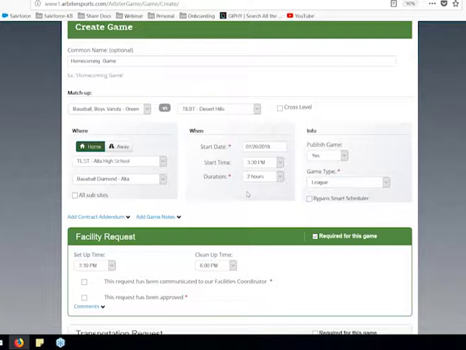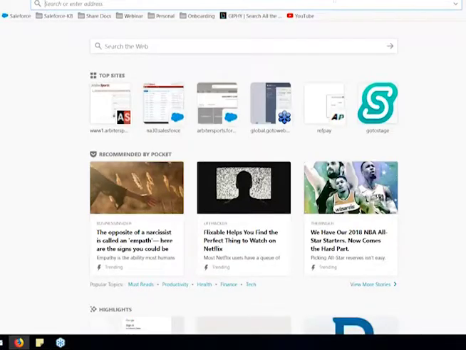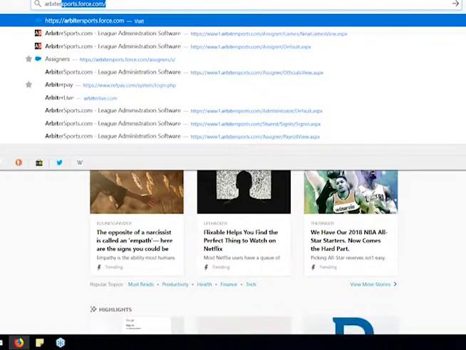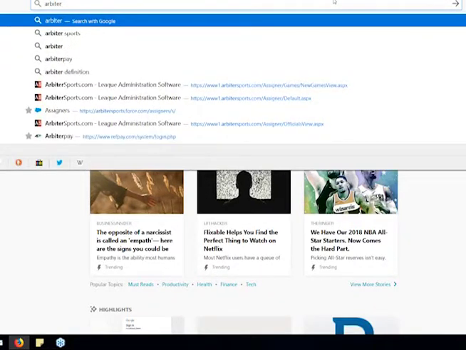We'll also see that this game is a 2-hour long game. Obviously, you can go for 12 hours, but this helps with controlling the site, so making sure no teams show up at the same time. Now, our published games, this is for our Arbiter Live. So if you use Arbiter Live, which is a place where people can go to look at your information.